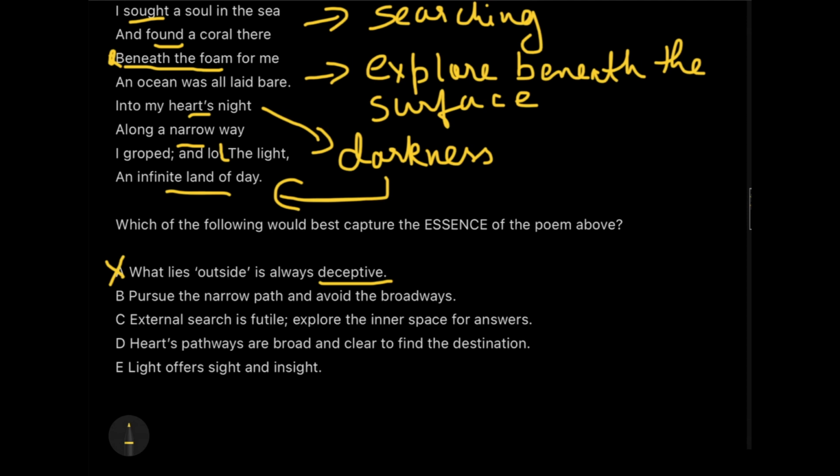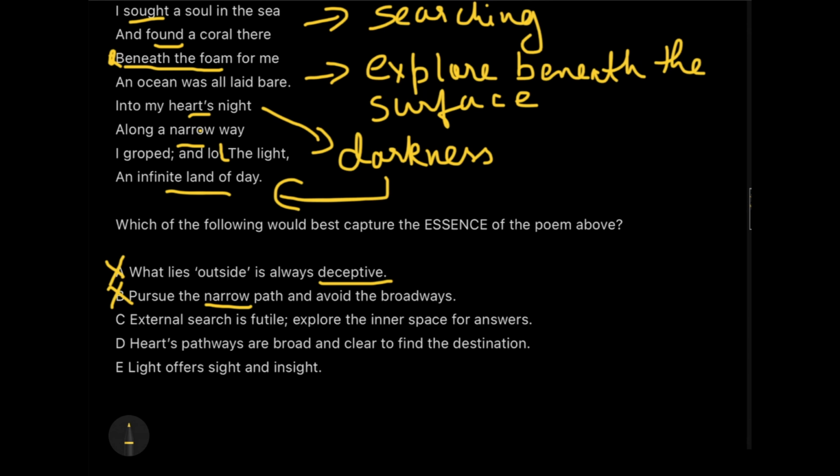In English, if I just move down and repeat the same thing, whenever you get a keyword which is matching with the poem, like here the word narrow is matching with the word narrow in the poem, then instead of falling into a trap answer, you use it the other way around and try to eliminate that, because you know that direct keyword matches are generally not correct. So we can eliminate option B. We are not talking about any pathways somewhere.